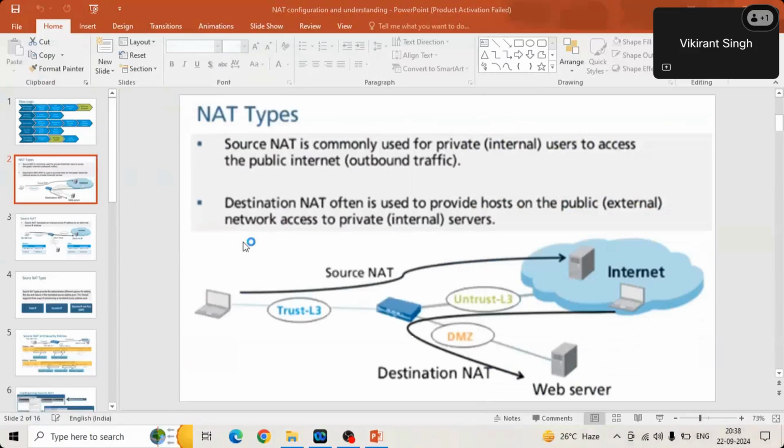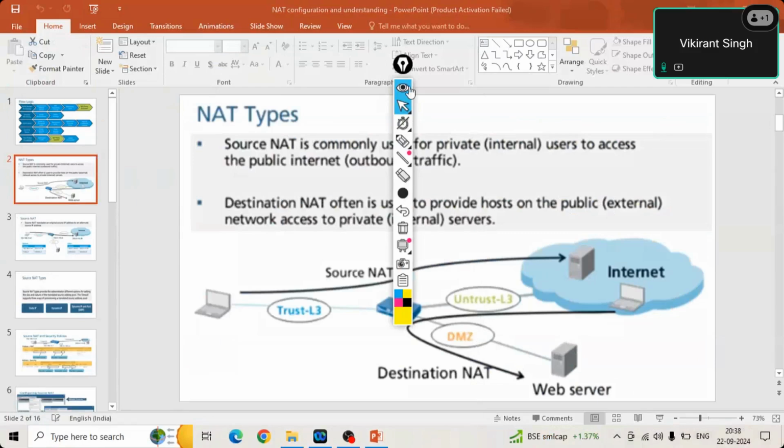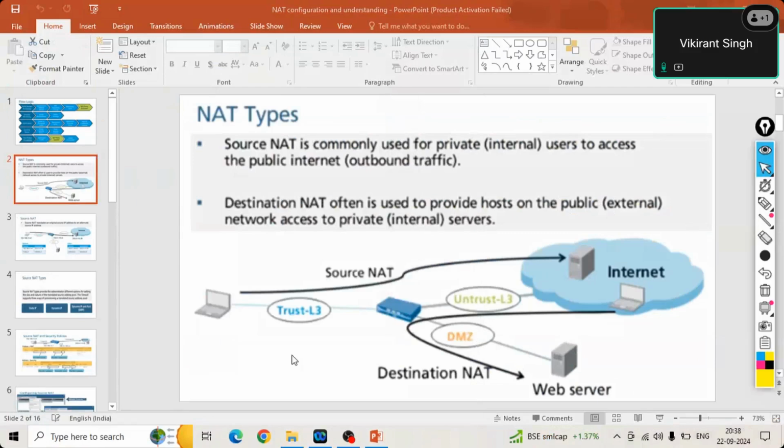So source, you know, right? Source is something where you want to access the destination. You are the host, so you will be considered as a source. A destination is something which you want to access. What you want to access is related to configuration. I mean destination. So configuration will be like